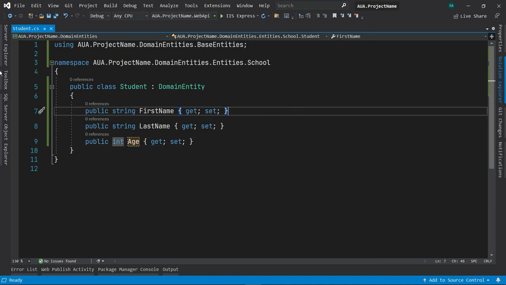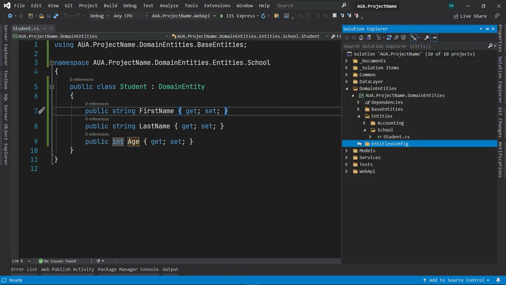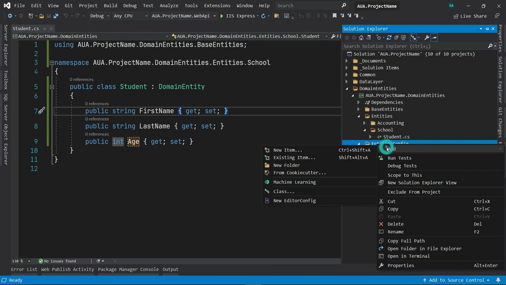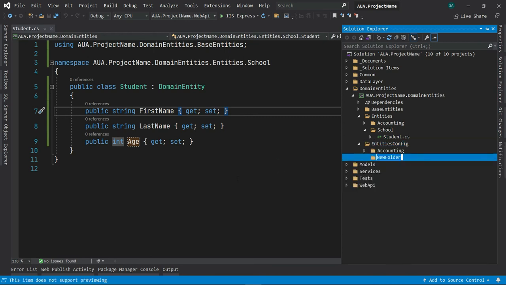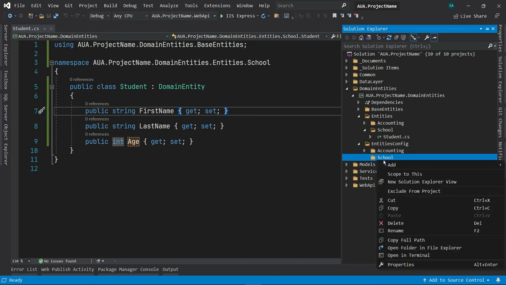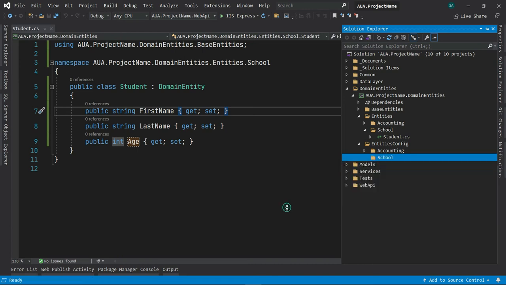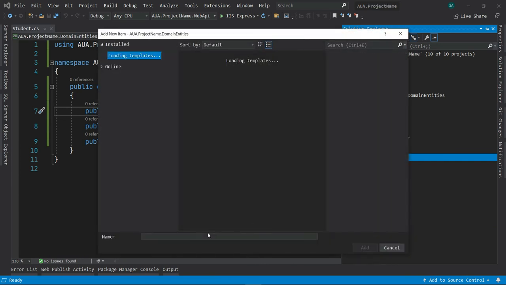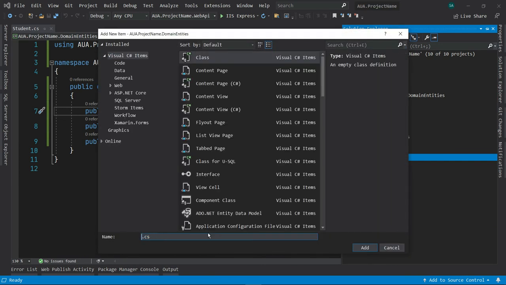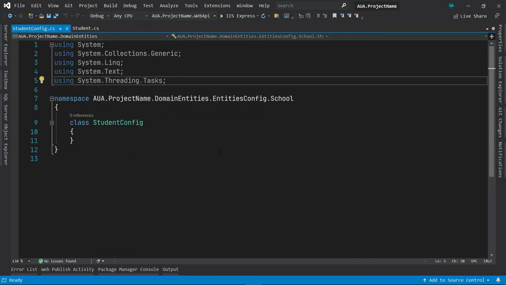Now it's time to create its entity config. Inside the entities config, first of all, create a folder on the name of school, and inside it a class on the name of student config. Well, as usual,